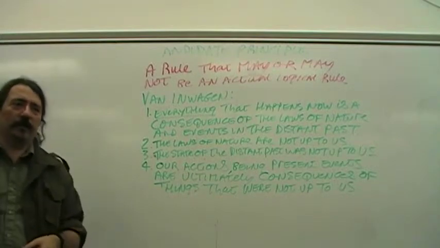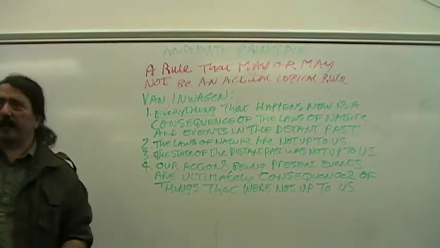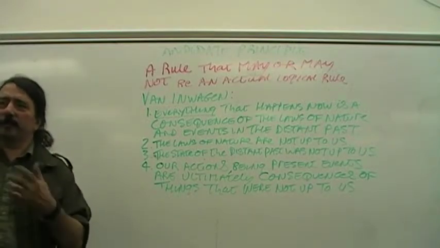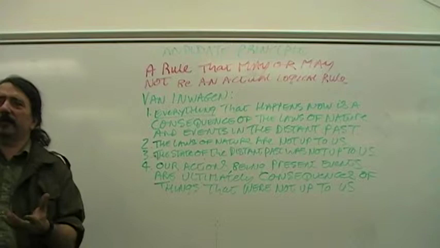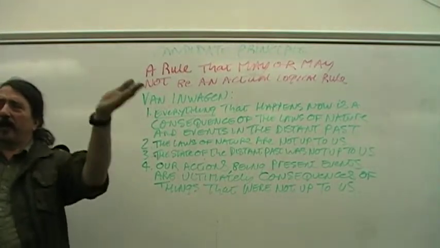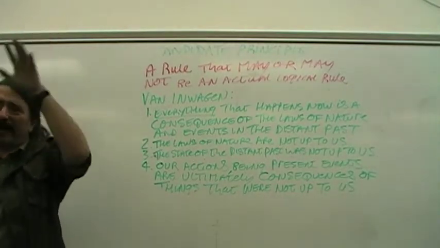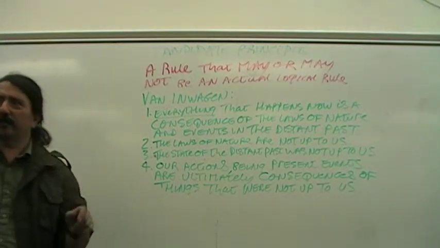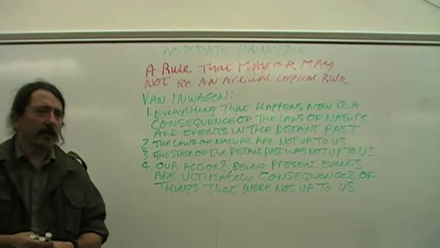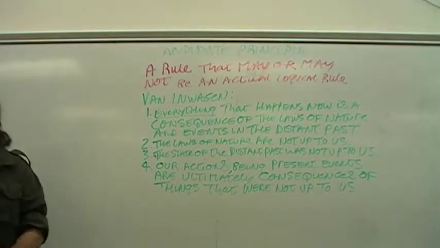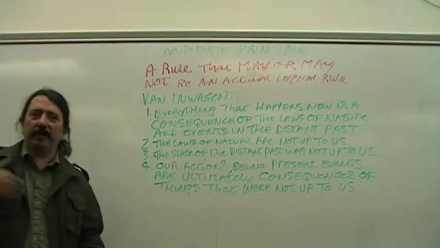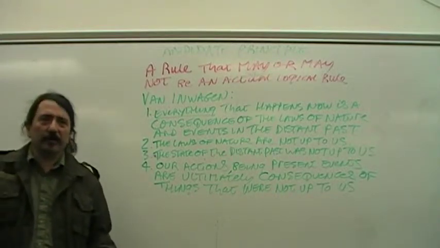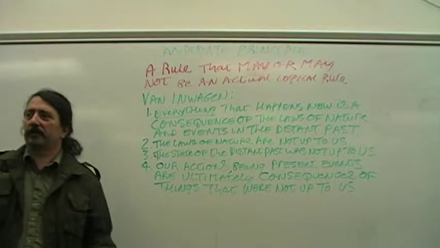The thing that caused the broken neck was the impact of the pavement. The thing that caused the impact was the fall. The thing that caused the fall was him going away from the side of the building in a gravity field that was pulling him towards the earth, without a parachute, and he's not Superman. Okay? So the proximate cause is the most immediate thing. And that means that we are the proximate causes of our own actions.